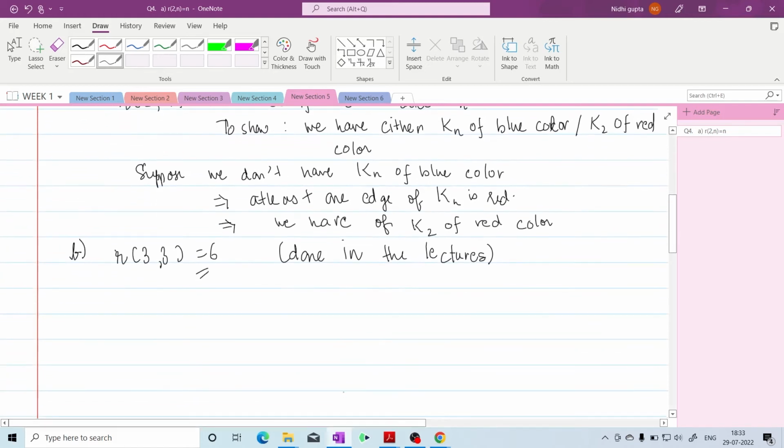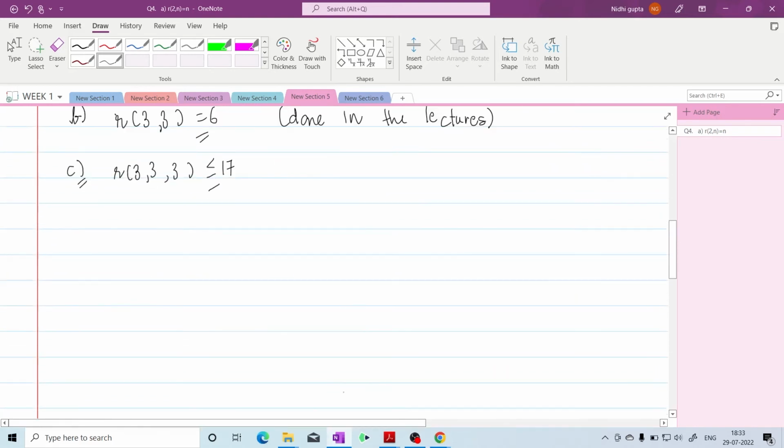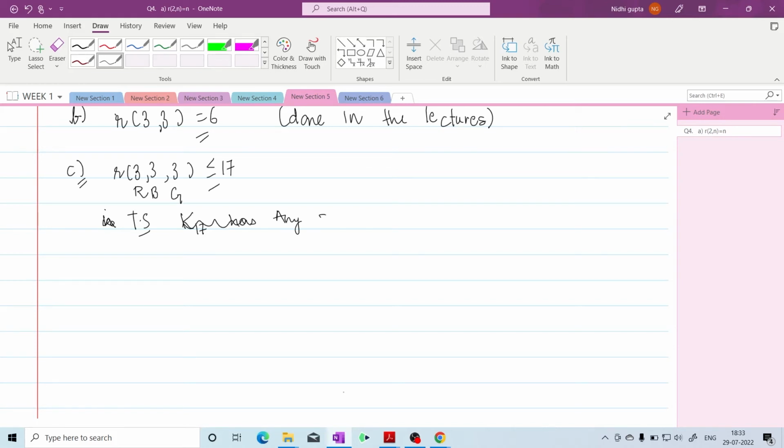Okay, so now C is R(3,3,3) is less than or equal to 17. So we have to show that this is less than or equal to 17. Basically, what we have to show is that if we color K17 with 3 colors, red, blue, green, then any 3-coloring of K17